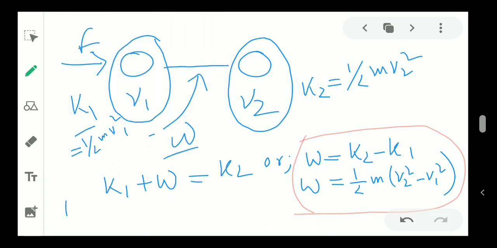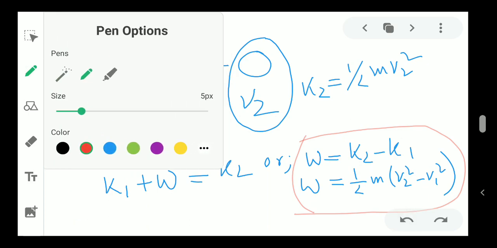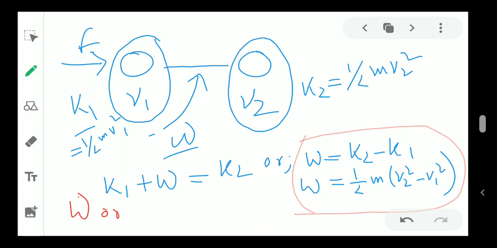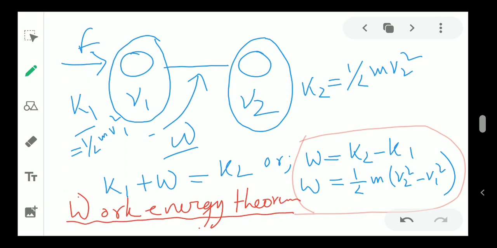Okay, so this is nothing but your, let me change the font color. Okay, so this is the work energy theorem, which tells that if somebody was moving with velocity v1, that means its